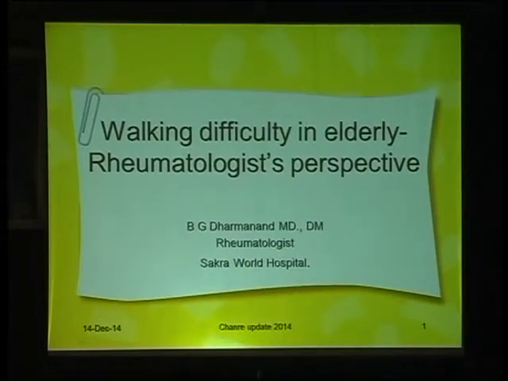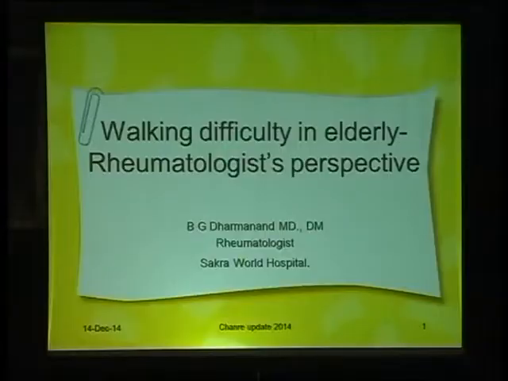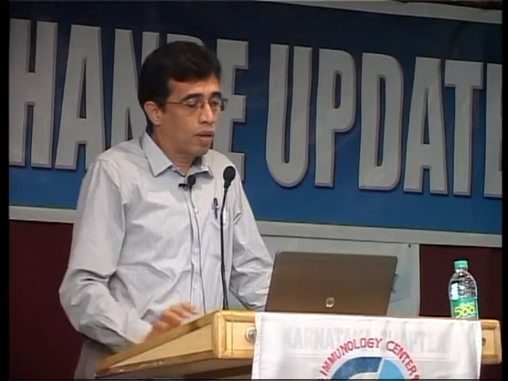If a patient has arthritis affecting the metatarsophalangeal joint, one process would be difficult. You will not be able to raise the heel, or toe rise is difficult. And if he has pain in the knee or hip, you would find it difficult to clear the surface. So the involvement of arthritis of the lower limb can affect gait in many ways. What are the arthritis which affect the lower limbs?